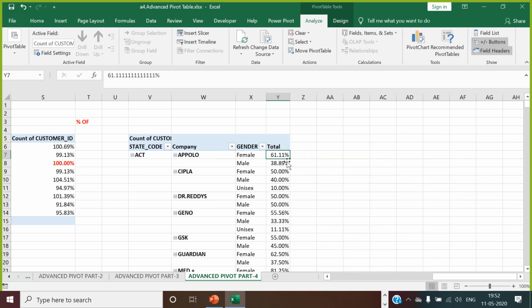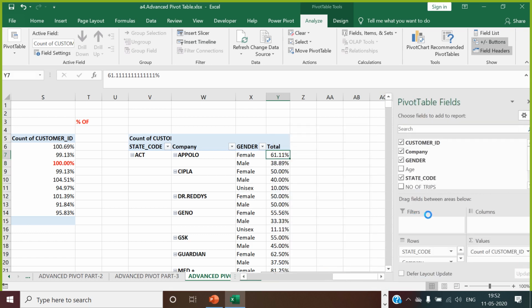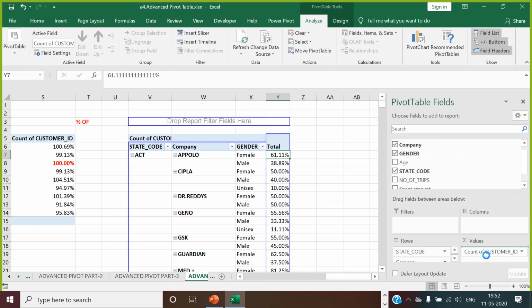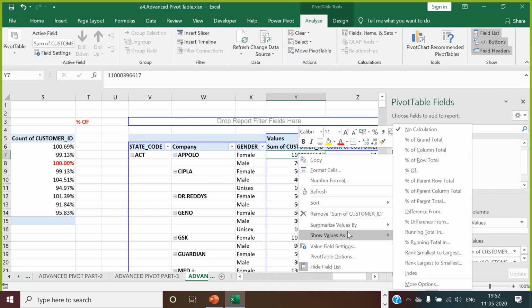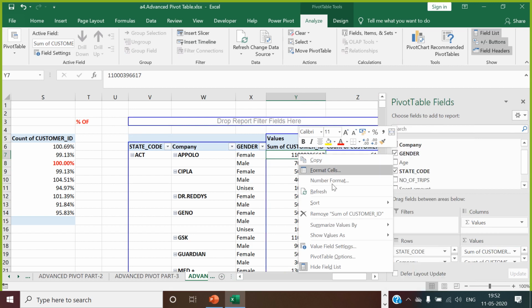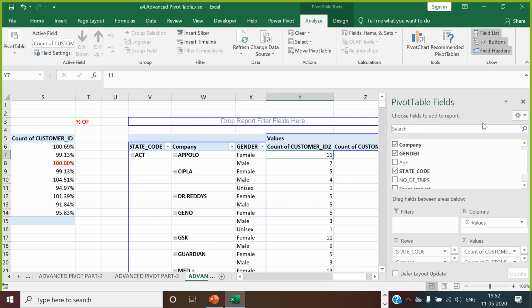Now it shows who is going to be the parent here. It is going to be Apollo. The company is going to be the parent here. Based on that Apollo, female and male, you see what percentage customer base they have. If you make the sum of these two, it is going to be 100%. Now let's make it more understandable. What you can do here, you can bring customer ID here and show value as summarize value as a count.